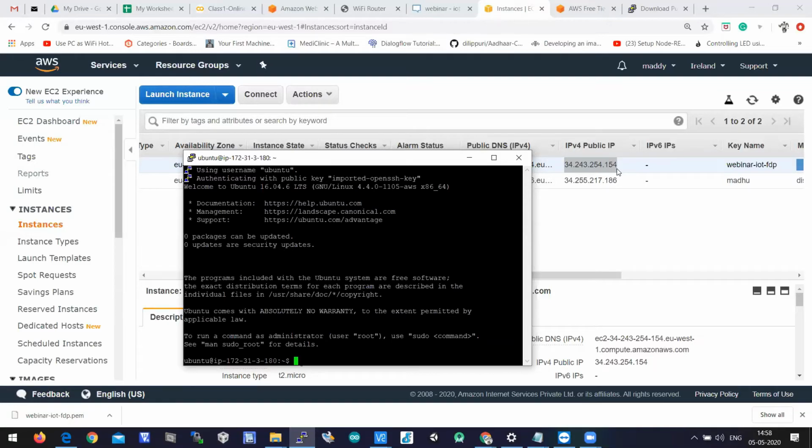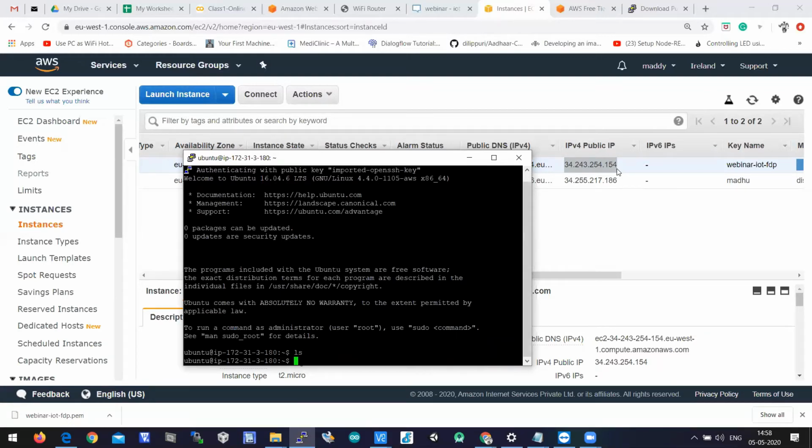So here you can type ls. ls is a command to list out all the files in the current directory. But as the instance is new, you cannot see any files there. There are no files generated. There are no files in your instance. An instance is a virtual computer in the compute engine, hosted on AWS, which you access from a local machine.